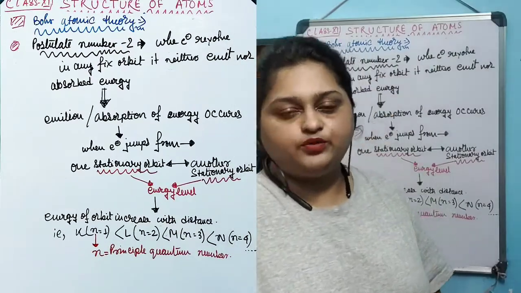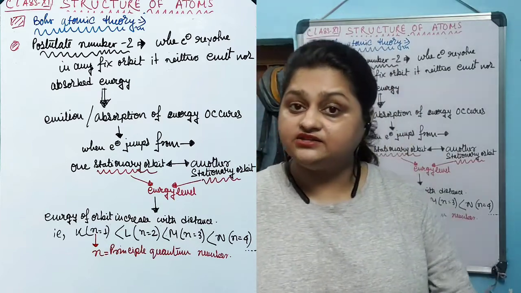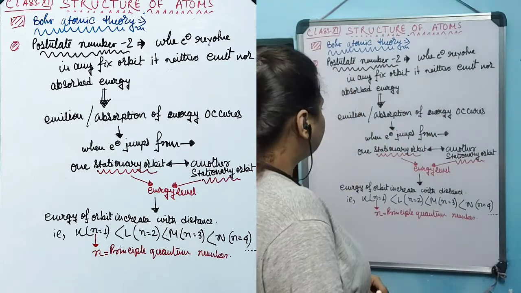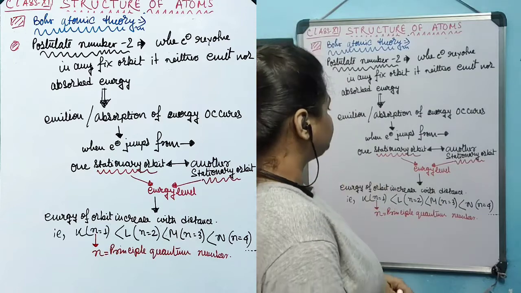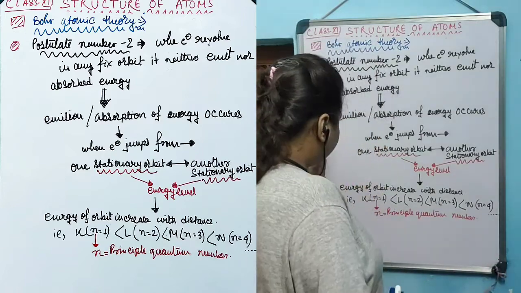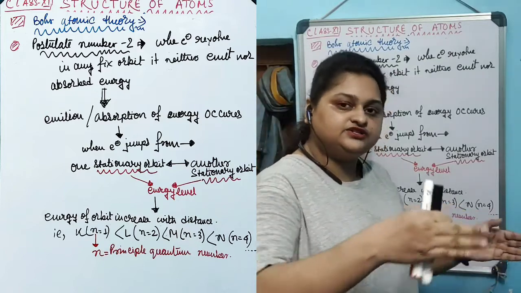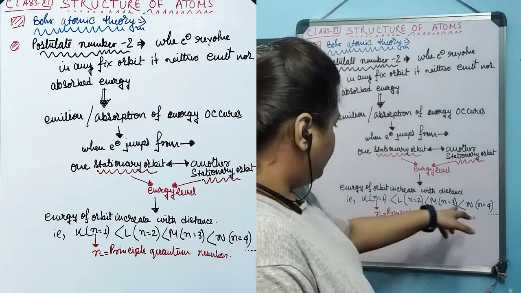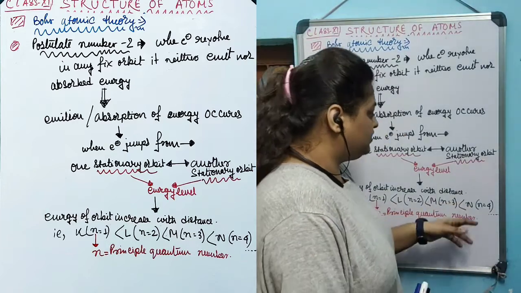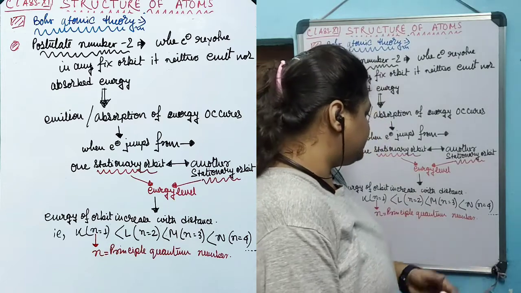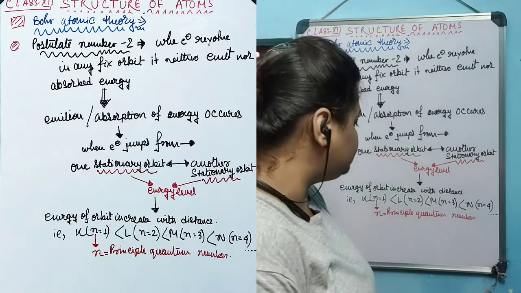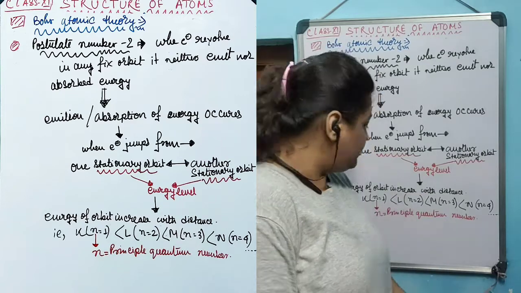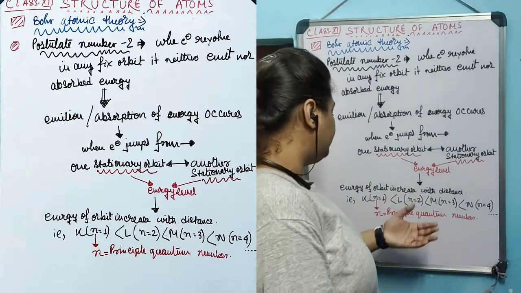In the second postulate, Bohr suggested that when an electron is residing in a fixed orbit, it neither emits nor absorbs energy. Now this fixed orbit is known as the stationary orbit or energy level. With the distance from the nucleus, the energy of each stationary orbit increases. Like the fourth orbit is higher in energy compared to the third orbit, which is higher in energy compared to the second orbit,